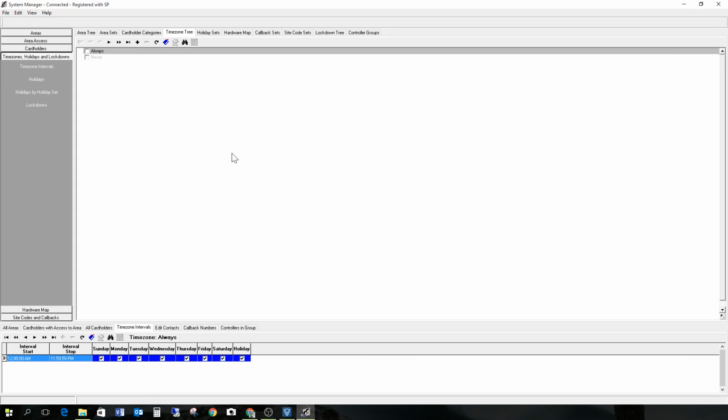The system comes with two default time zones that we cannot change. The first time zone is Always, which is 24/7, 365. The second time zone is Never, which is never. We're going to go ahead and add a few different time zones to this and show you different ways to program the time zones. So the first time zone that we're going to program is just going to be a